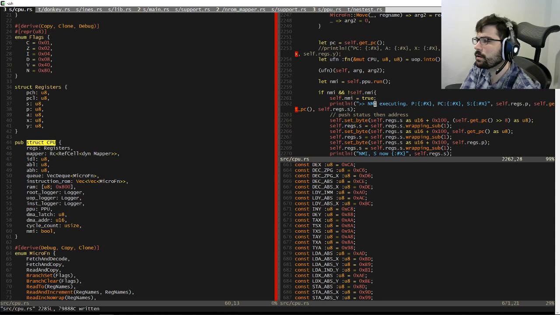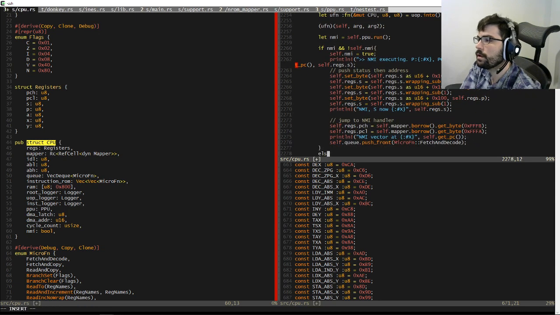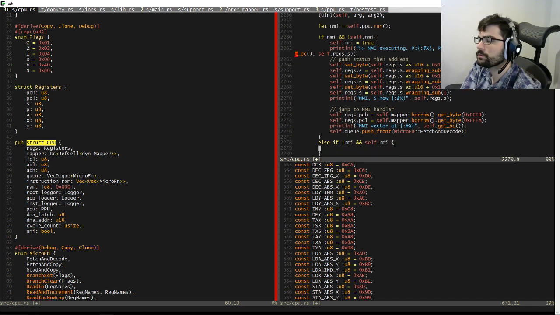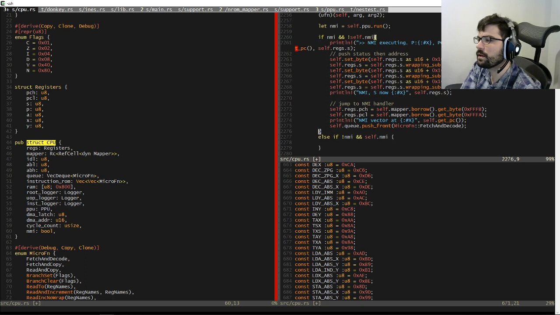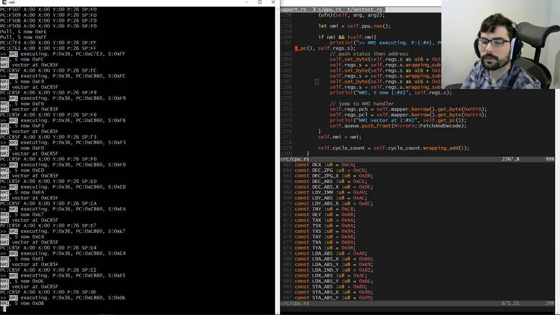Do this junk. Else if not NMI and self.NMI. Actually, you know what? I guess self.NMI just equals NMI every time, regardless. But we needed a latch.